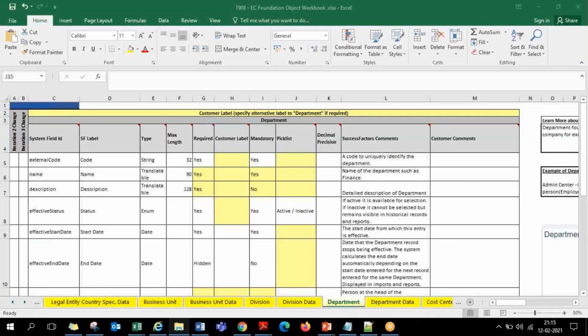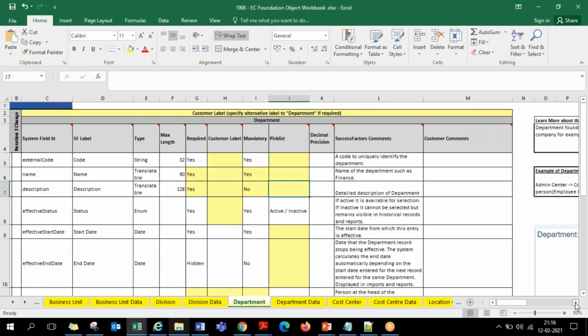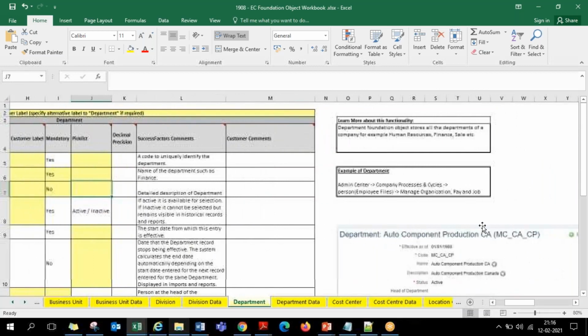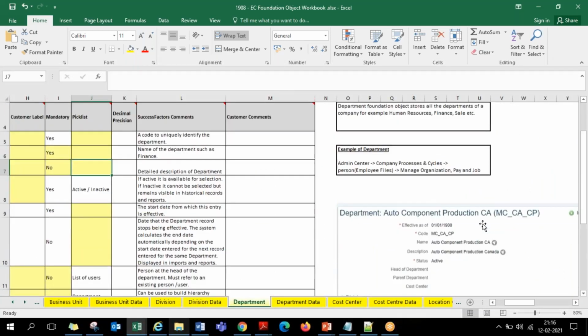So now I'm showing on my screen. This is that kind of an Excel worksheet in which we can actually take the requirements from the customer. This is all the predefined template in which we are required to collect the inputs. For example, the current sheet is relevant to Employee Central, which is a module. Whenever we are required to establish this module in the system, we are required to create the list